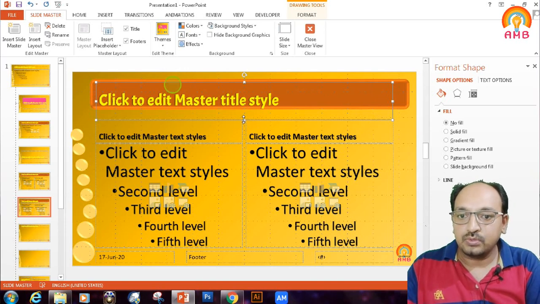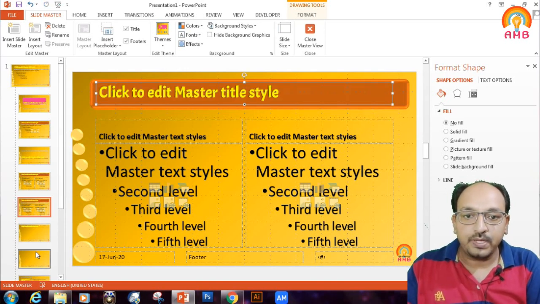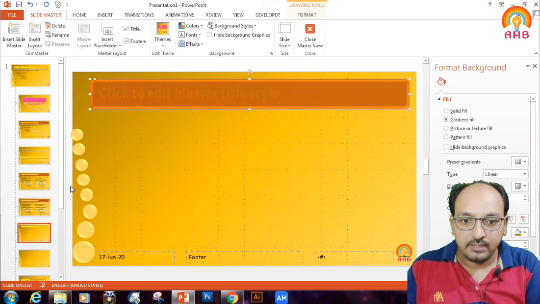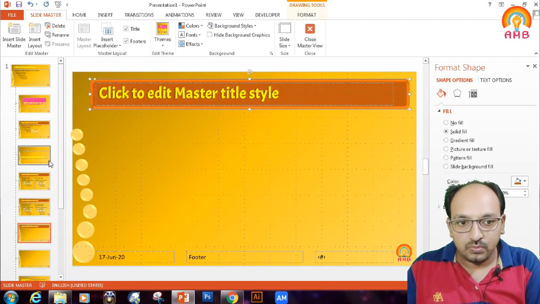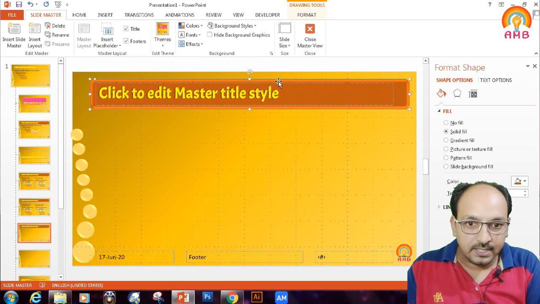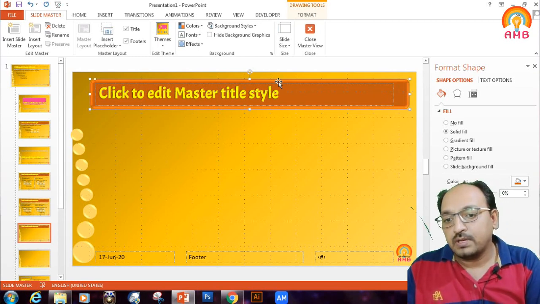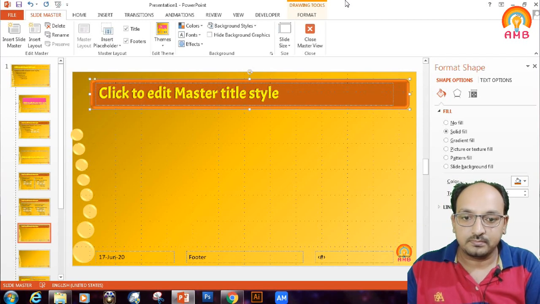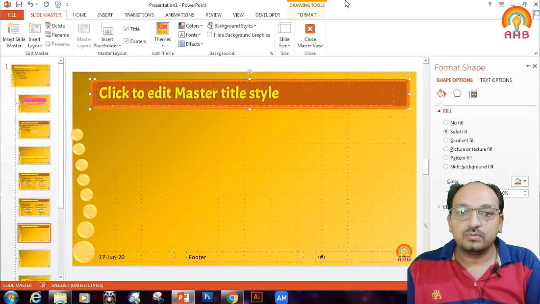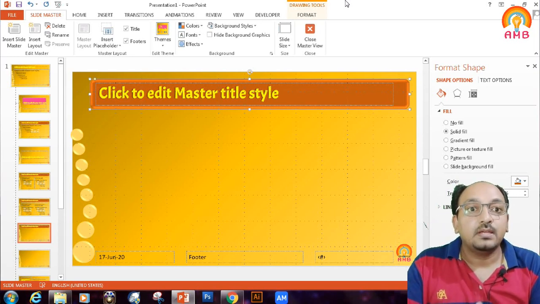Here also you can Control V and send it back. So you can adjust the text here. So all types of slides are there where you can apply this. So this is how you can customize your